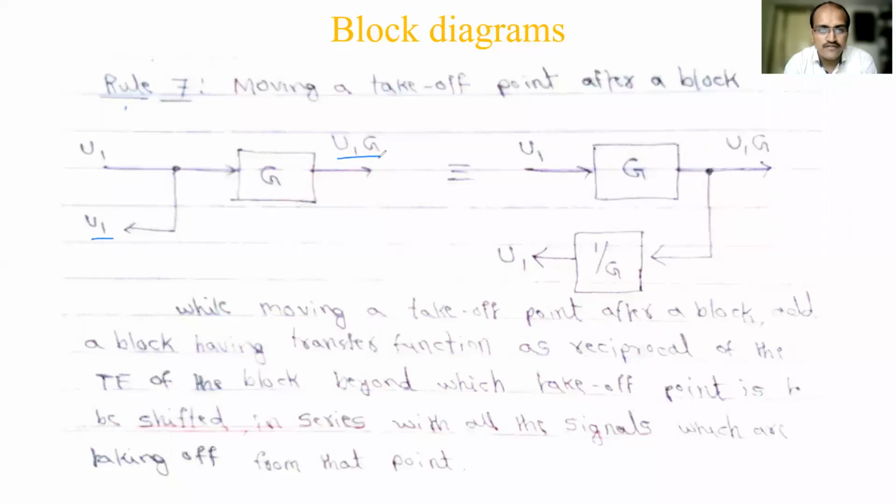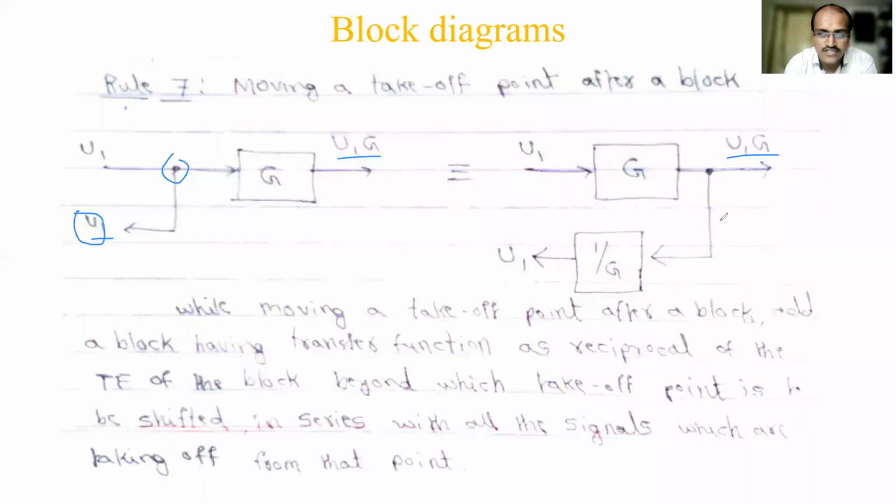The same thing, when you replace this takeoff point after a block, this signal also should get U1. So whatever you are getting here, it should be U1 only. And here you should get the answer U1G only. To make that, what do we have to do? See here. First I will move the block. G I have taken before the takeoff point. So it is U1G. So now what is the answer here? U1G. This is no change, right? So it is satisfied. But what about the feedback signal here? The feedback going back now has U1G.